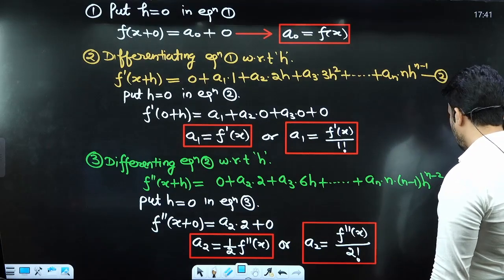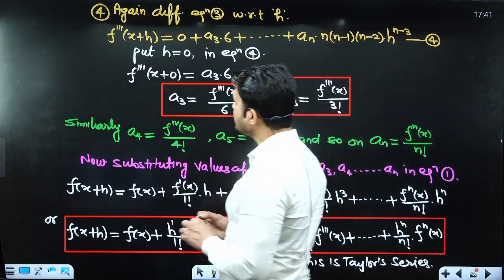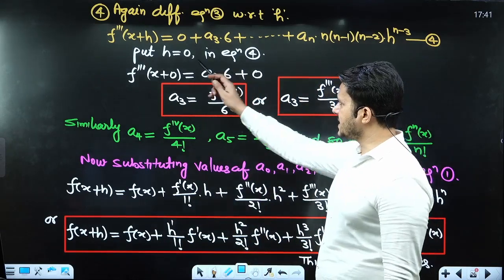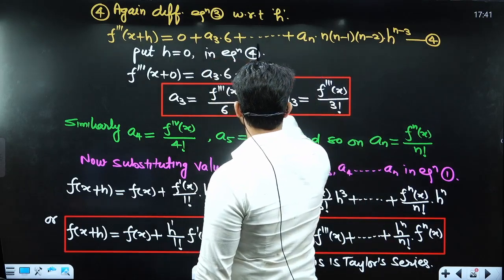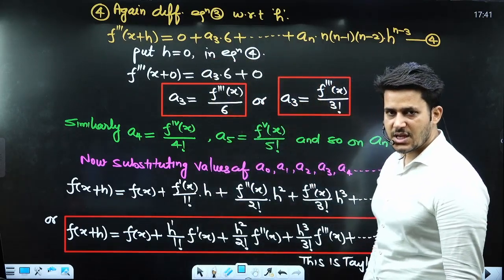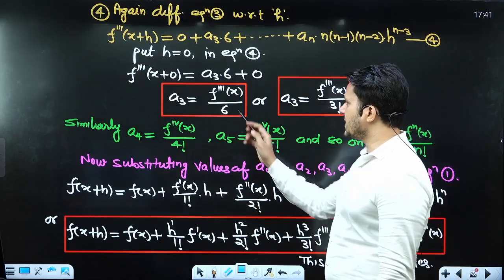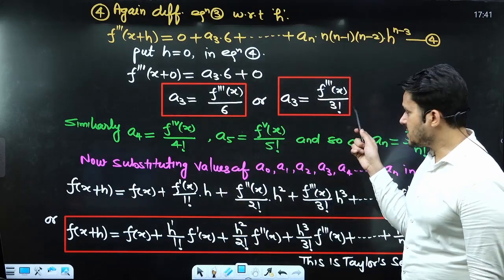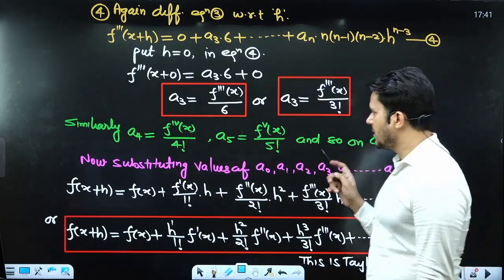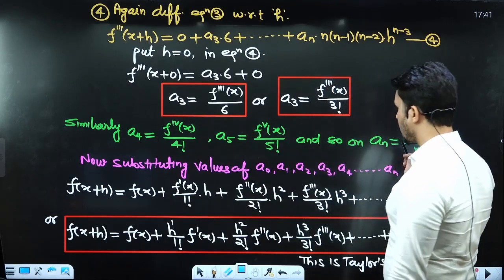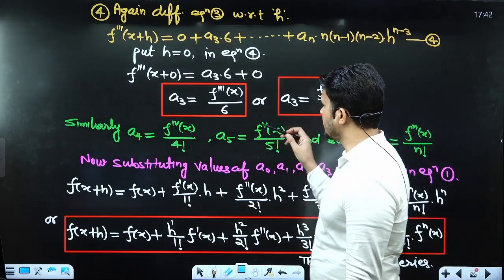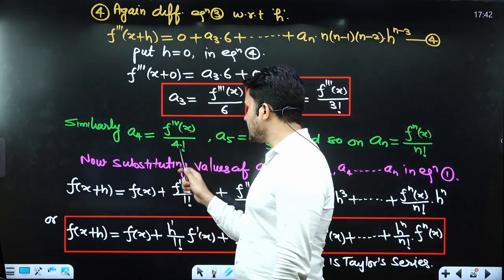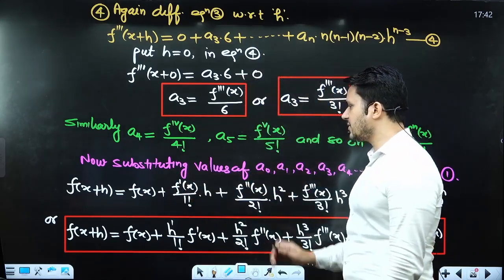ठीक है, उसके आगे ये अगेन डिफरेंशिएटिंग इक्वेशन नंबर 3 विद रिस्पेक्ट टू h, तो f डबल डैश x इज इक्वल टू 0 प्लस a3 इंटू 6 प्लस ये आगे इसका 3 बार डिफरेंशिएशन किया, देन यू विल गेट थर्ड कोएफिशिएंट a3 इक्वल टू f triple dash x अपॉन 6 एंड 6 कैन बी रिटन एज 3 फैक्टोरियल. सिमिलरली यू कैन राइट ऑल अदर कोएफिशिएंट्स इन द सेम ऑर्डर. जैसे यहाँ 3 फैक्टोरियल तो 3 बार डिफरेंशिएशन. Similarly, 4 times differentiation 4 factorial, 5 times differentiation 5 factorial and so on.